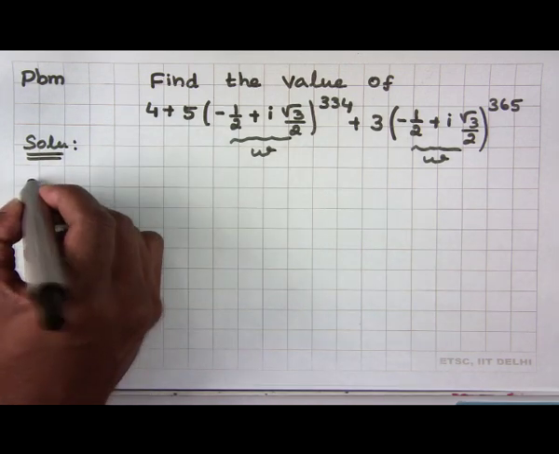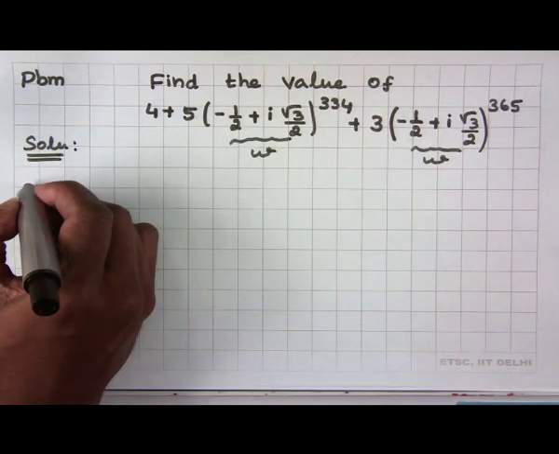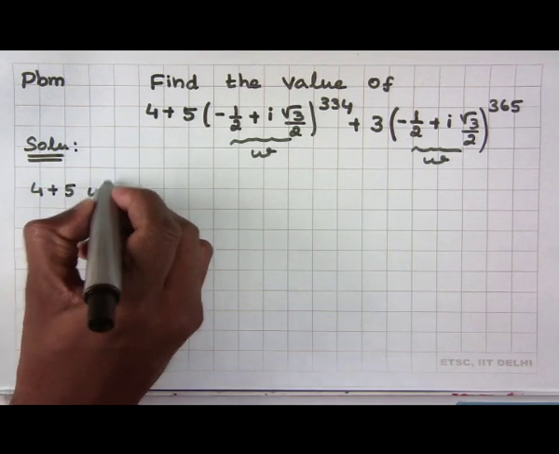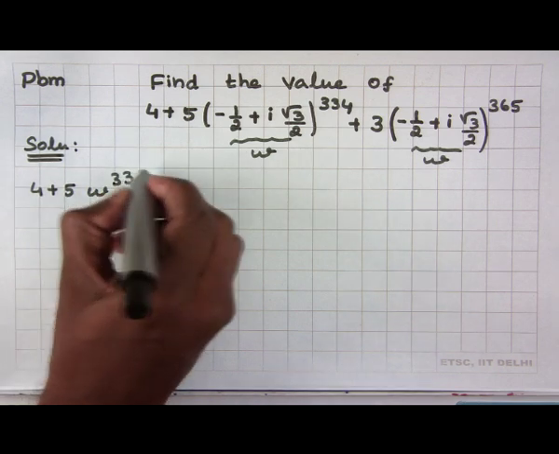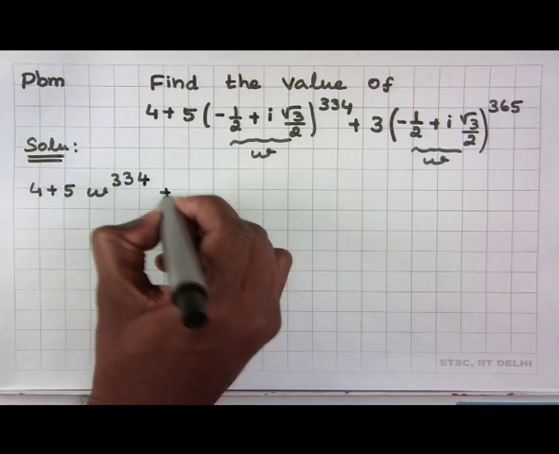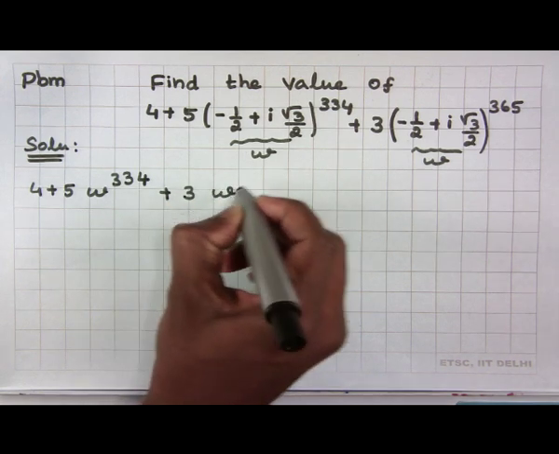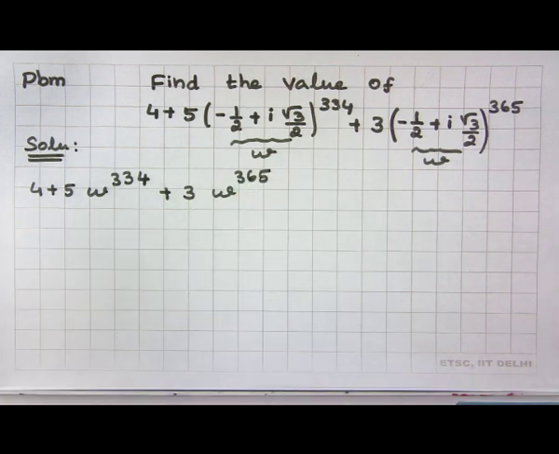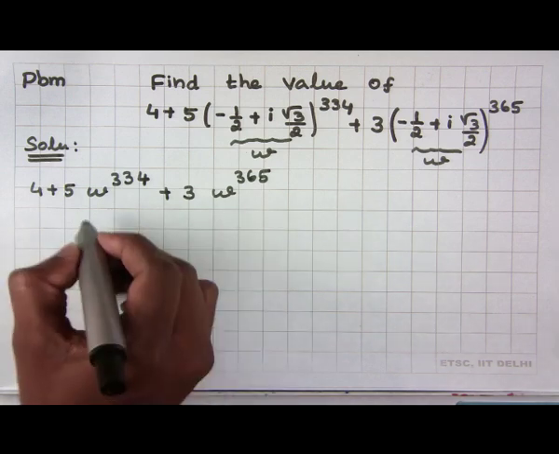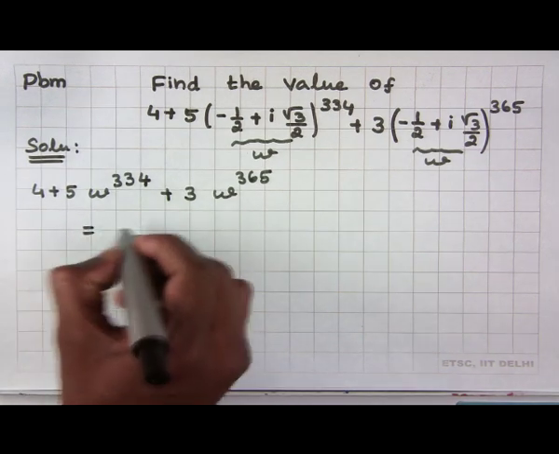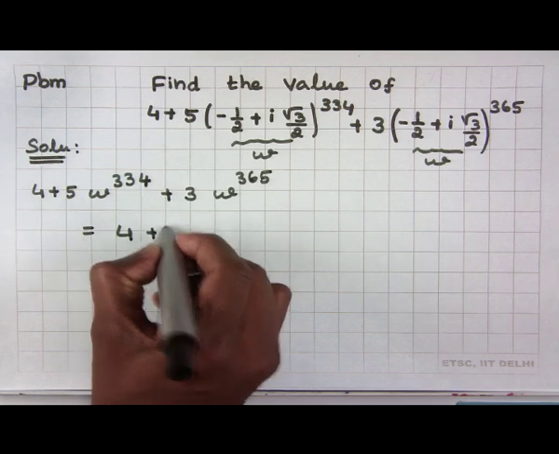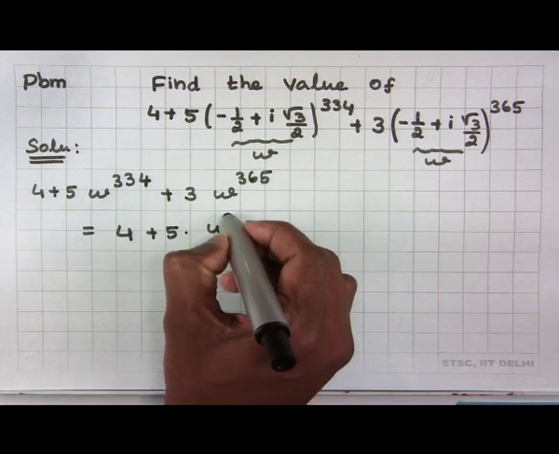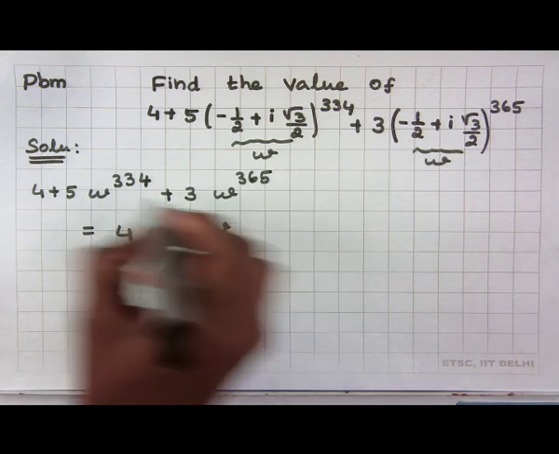Consider this term, 4 plus 5 omega power 334 plus 3 times omega power 365. As we noticed before, this term can be written as omega power 3 multiples,